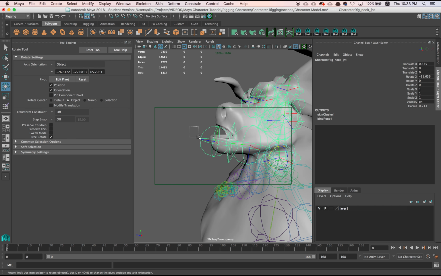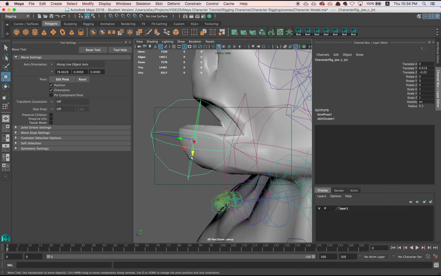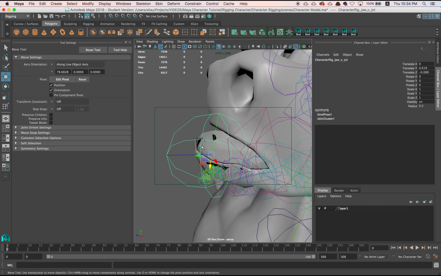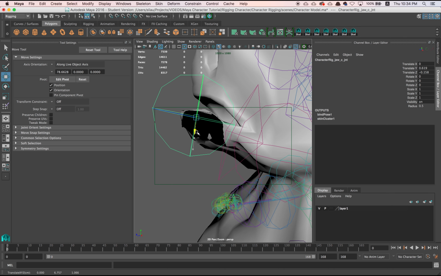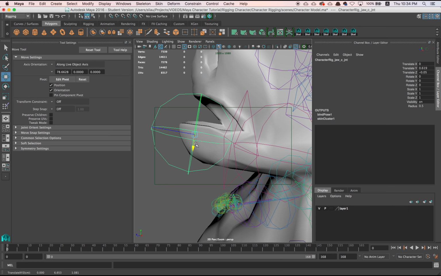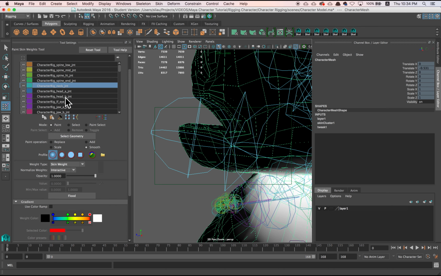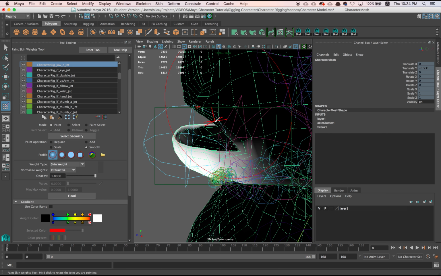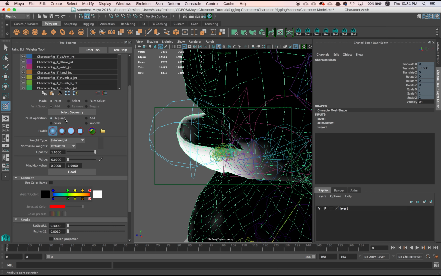And if we were to play around with the jaw over here, it affects this part of the jaw. Okay, but it's not affecting the inner part of the jaw. So we just need to go back and paint this and make it affect a bit more of the jaw as well. So let's quickly select this mesh, go to the last used tool, let's go to jaw C, and let's basically replace and just